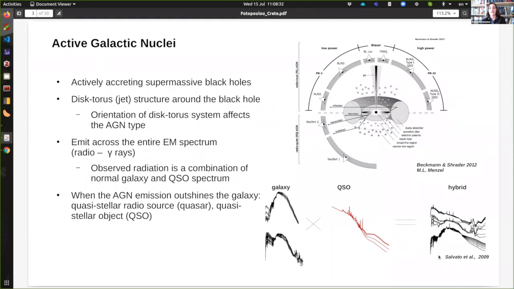active accretion going on, it will turn out to be what we call an active galactic nucleus. And this is going to have a disk, torus, and sometimes jet structure around it. And the orientation between this structure and the viewing angle of the observer is going to give rise to the different types of AGN. So AGN in general emit across the electromagnetic spectrum from radio to gamma rays, and they are observed